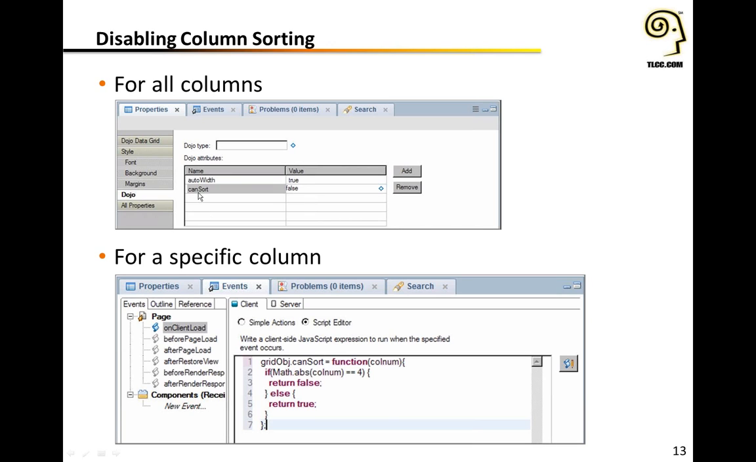So to turn it off for all of the columns, you add a canSort property and set it to false. The default is the user can sort on every column. However, when we have, in our application right now, a column that is not supported for column sorting, then we can just choose that column and turn it off. So for our grid object, canSort is going to return false when it's the fourth column. When you add a canSort function to your grid,